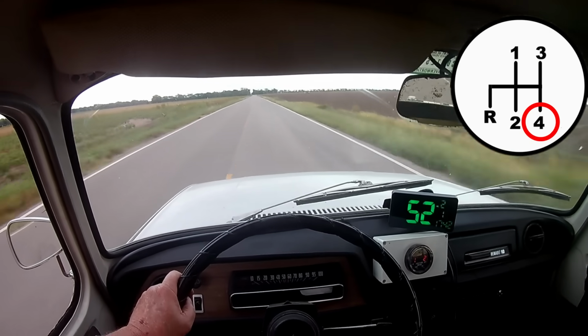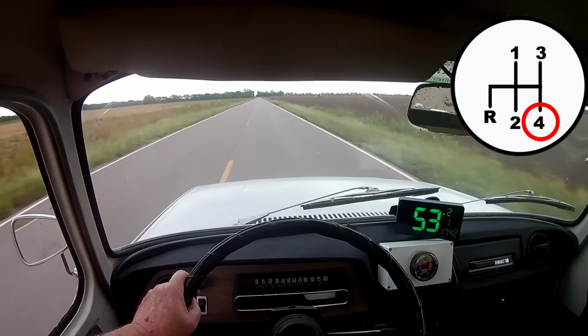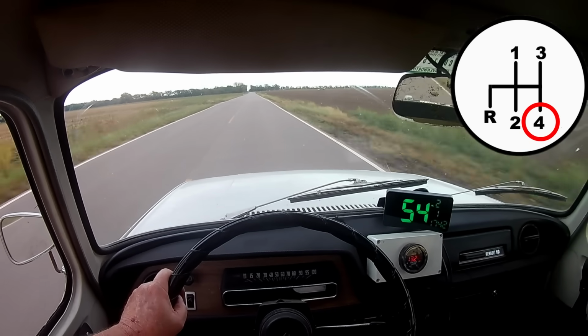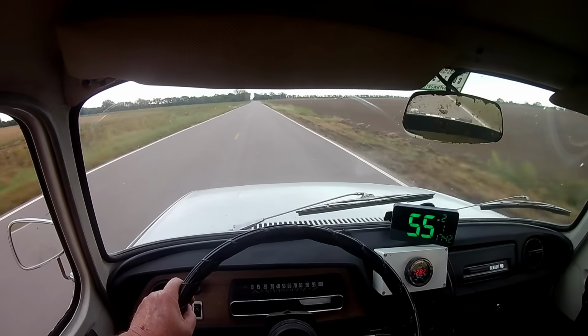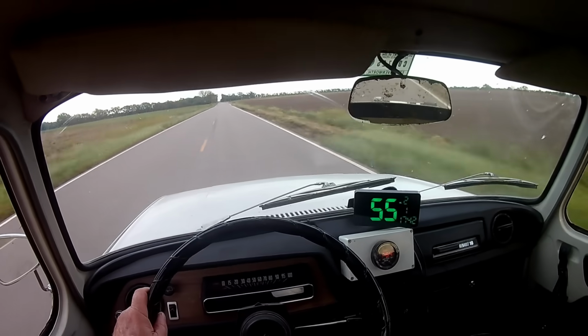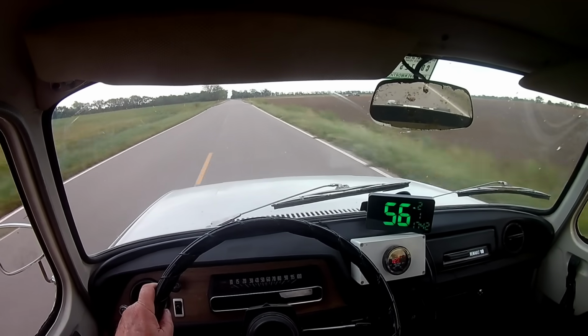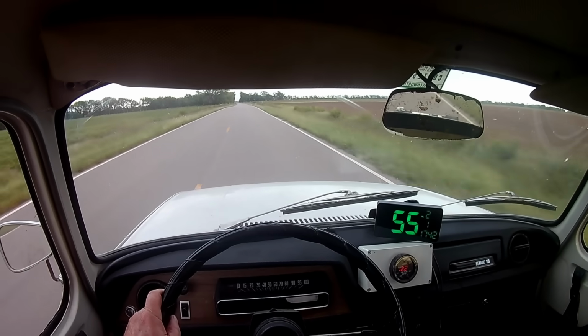You know, this is probably the 4th or 5th road test I've made with this 36mm carburetor, and at this point, everything's looking pretty good. The engine seems to run fine and the air-fuel mixture is pretty close to what I was after. However, I just can't detect any difference in driving performance with the bigger carburetor, and I guess that's both good and bad. I reckon the only way to tell if this larger carburetor makes a difference is to do an